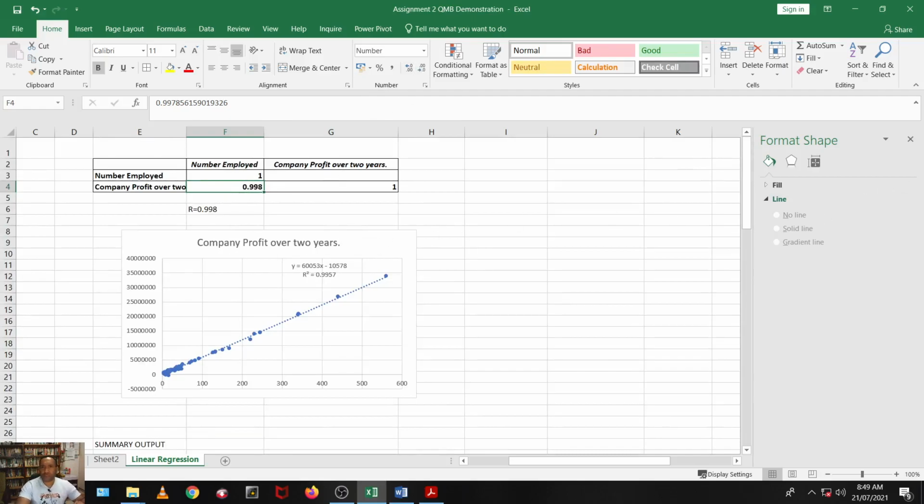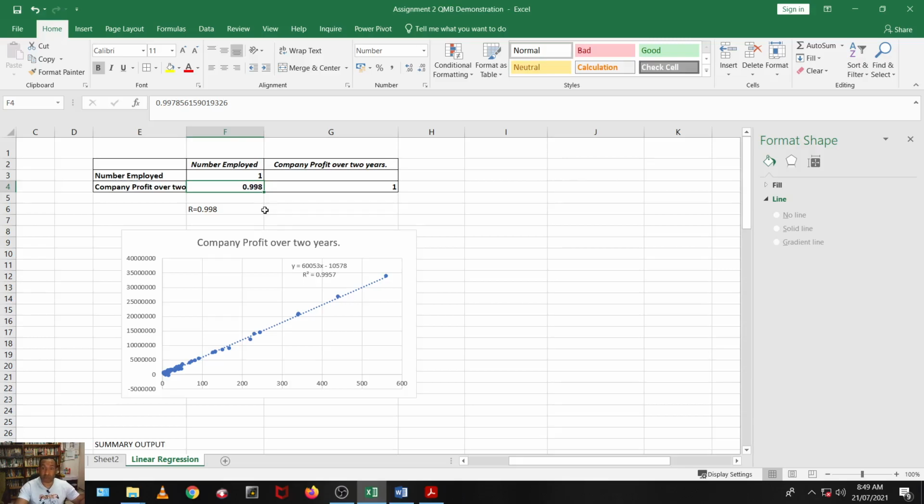Okay. So the correlation coefficient indicates the strength of the linear relationship between the 2 different variables, x and y, that is the dependent and the independent variable. In our case, the number of employees is the independent variable, and the profits generated is the dependent variable. So usually it is a Pearson's correlation coefficient. Okay, so our Pearson's correlation coefficient R is equal to 0.998. This indicates an almost perfect positive linear relationship between the number of full-time employees and the profits generated in our sample of 92